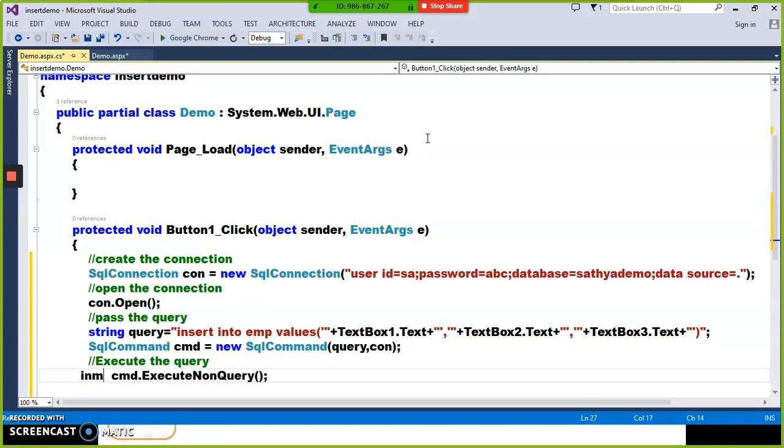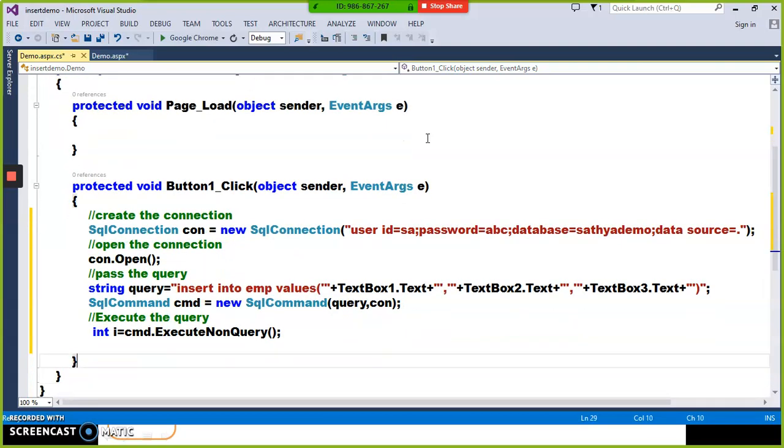You are learning OOPS in C#. Here we'll try to apply the principles of OOPS. Whatever the OOPS you learned in C#.NET, that OOPS will try to apply in ASP.NET. Execute the query. So what is the purpose of this ExecuteNonQuery method? If the record is inserted successfully, then it will return 1. ExecuteNonQuery method will return the number of queries that are successfully executed. In database, if the record is inserted successfully, it will return 1. Else it will return 0.